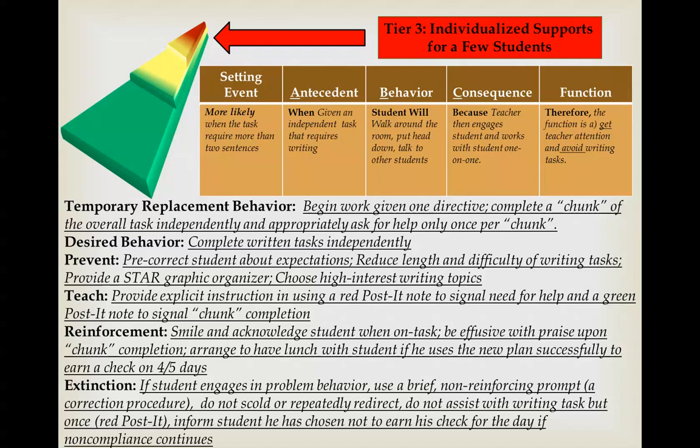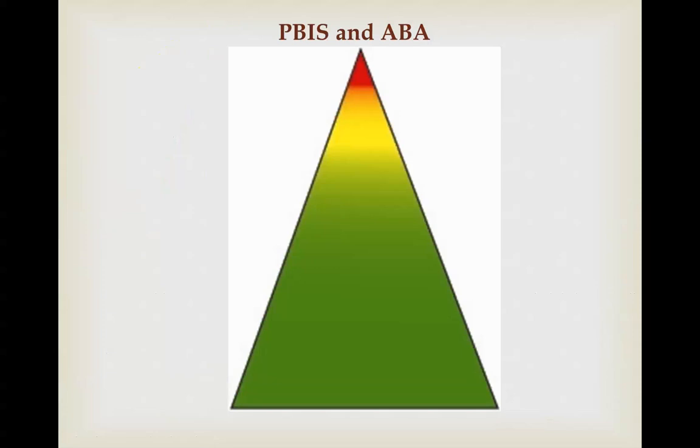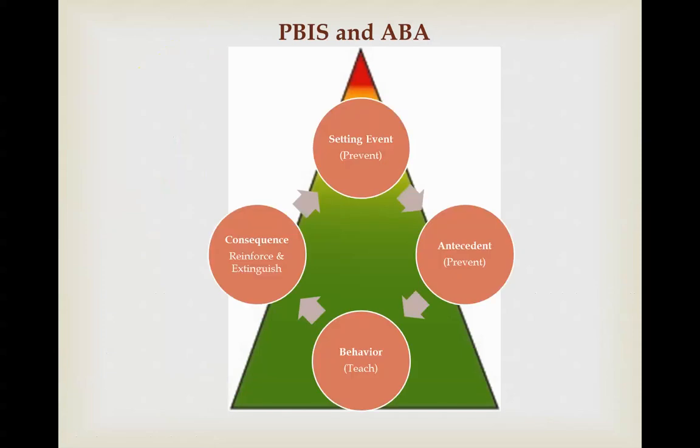All right, so that is how the behavior pathway obviously is at work in Tier 3 interventions. So we have our ubiquitous triangle, and the point of today was to show how the behavioral pathway, comprised of setting events and related prevention strategies, antecedents and related prevention strategies, behaviors and the related teaching strategies, and consequences and the related reinforce/extinguish strategies, aren't the unique purview of Tier 3, but are in fact fundamentally the theoretical foundation on which interventions at all 3 tiers rest.